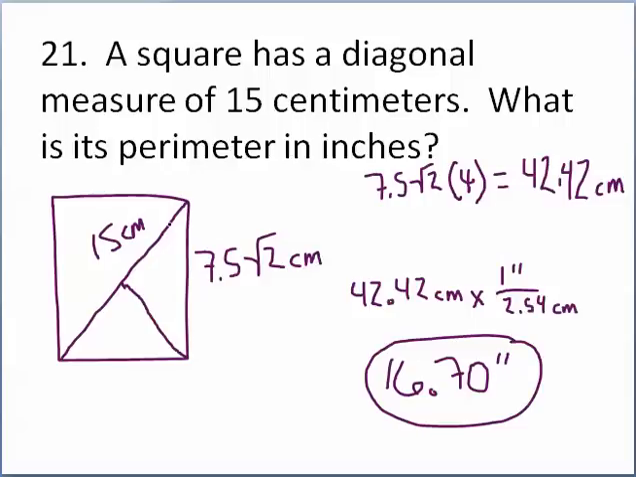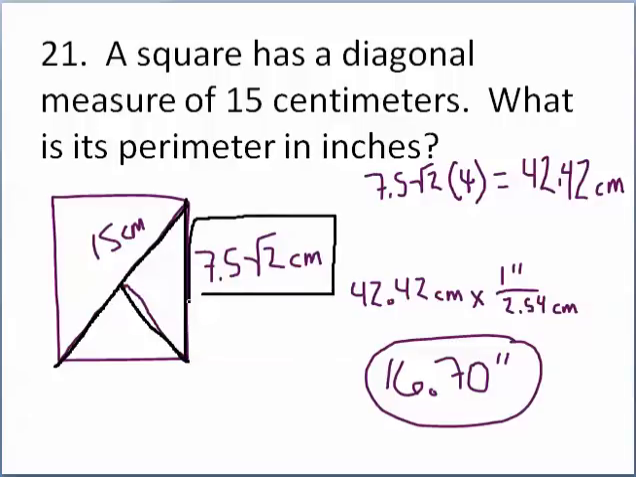Okay, if we have a square, I drew a picture here, and I would highly encourage you to draw a picture. We have a square with a diagonal measure of 15 centimeters, which means that this is 7.5 centimeters, which means that this length right here is going to be 7.5 centimeters times the square root of 2 centimeters long. And they want to know the perimeter, which is just the total distance around, so I multiply that times 4, and I wind up then with